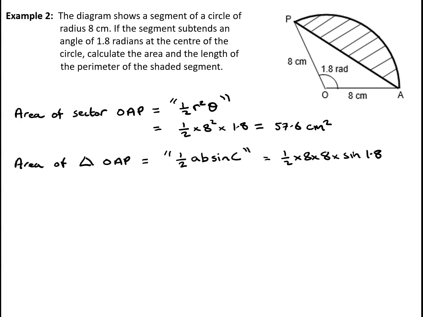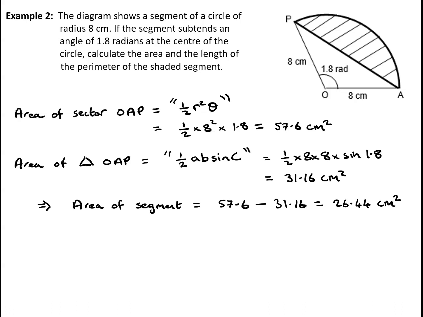If I use the formula for the area of a triangle, a half ab sine C, where little a and little b are two adjoining sides and C is the angle in between them, then I get the area of triangle OAP is a half times 8 times 8 times sine of 1.8, and that will give me 31.16 centimeters squared. The shaded area is the area of the sector minus the area of the triangle, so that is